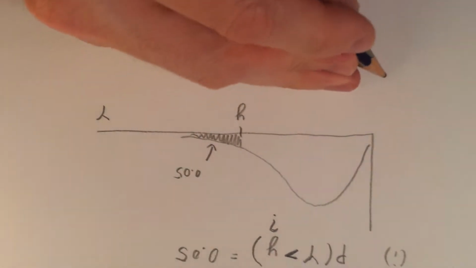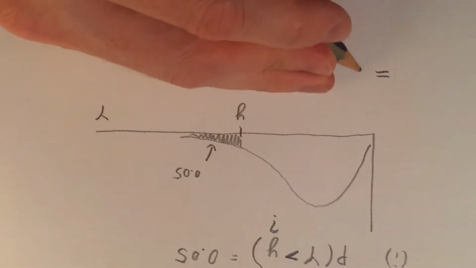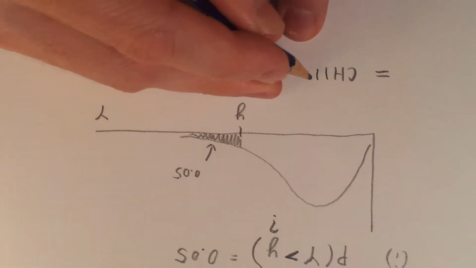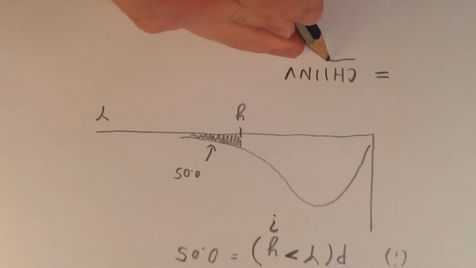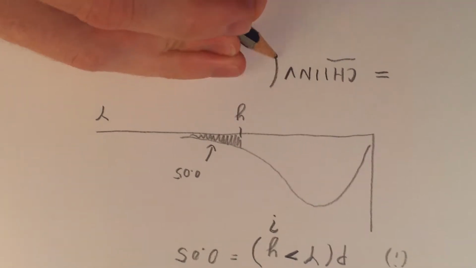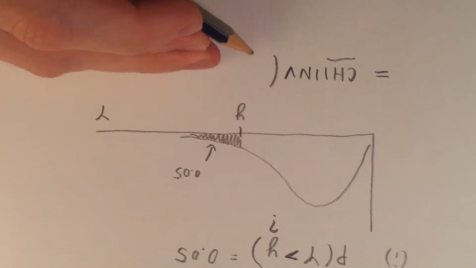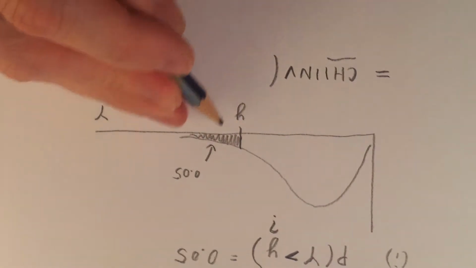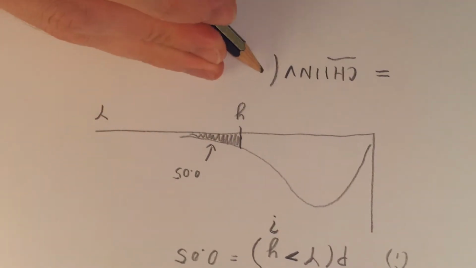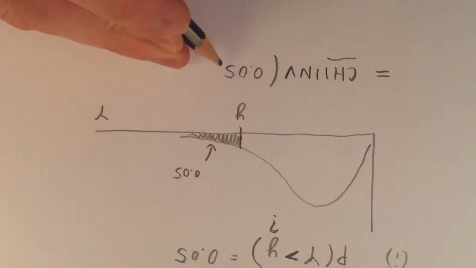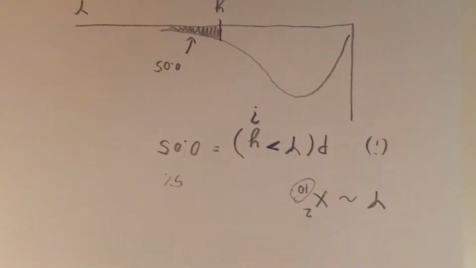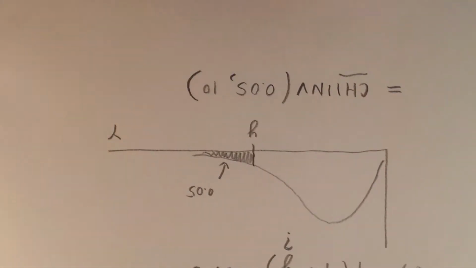So in Excel this will be equal to CHIINV, the probability that we're interested in. If you look at my diagram on the other page, this is the area, or the probability, that Excel wants to know, so 0.05. And the degrees of freedom is up here, 10. So we will put that into Excel,